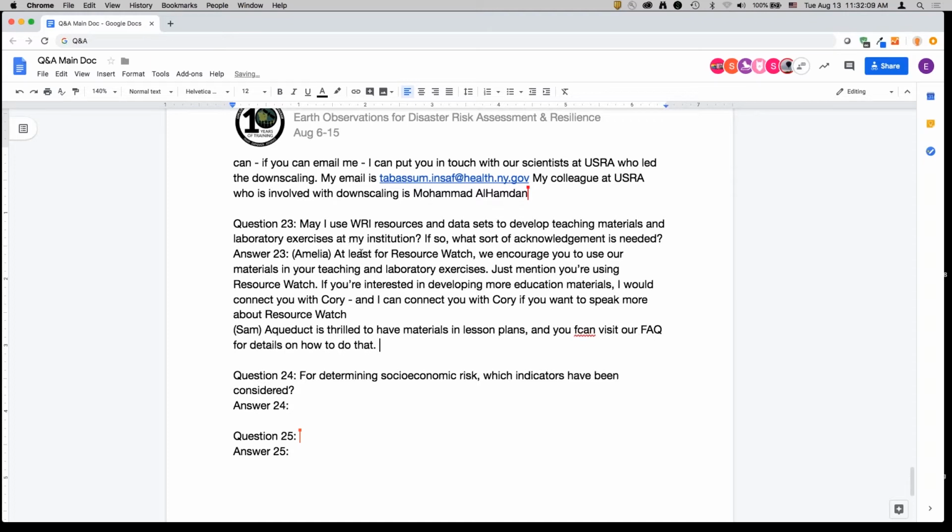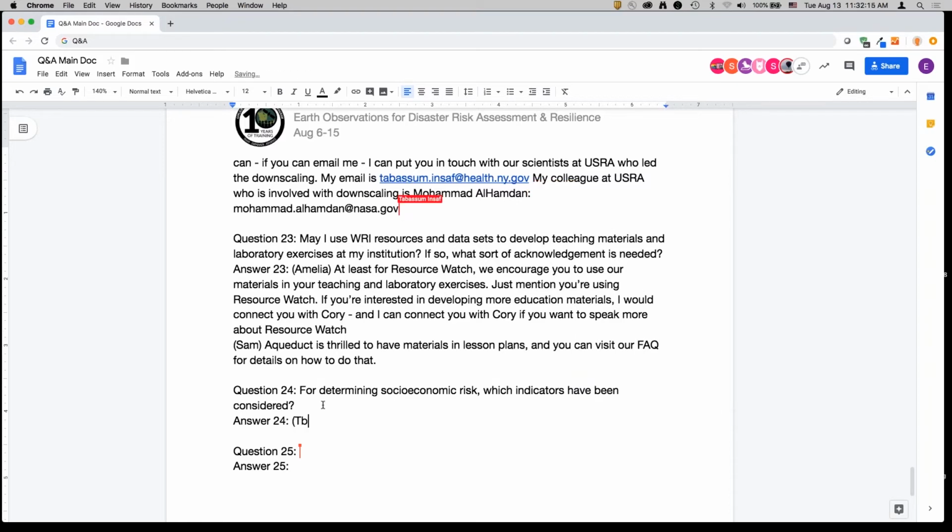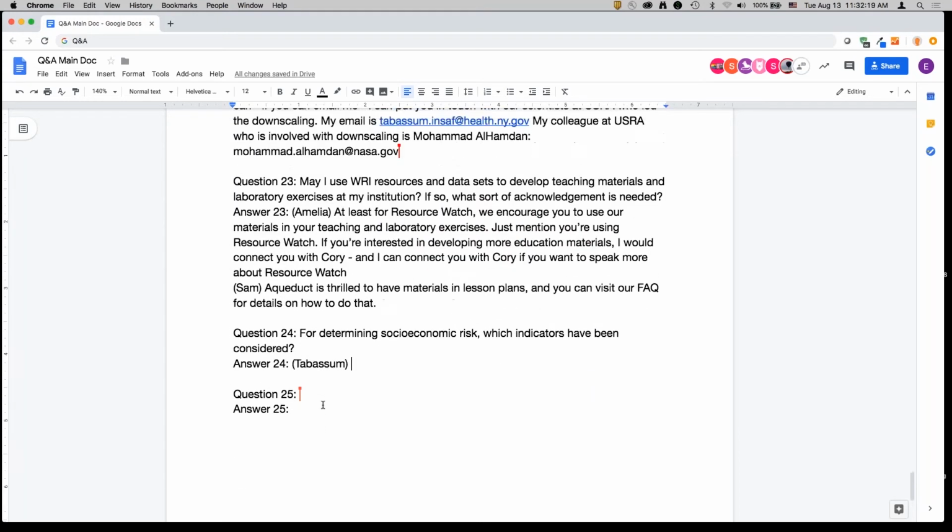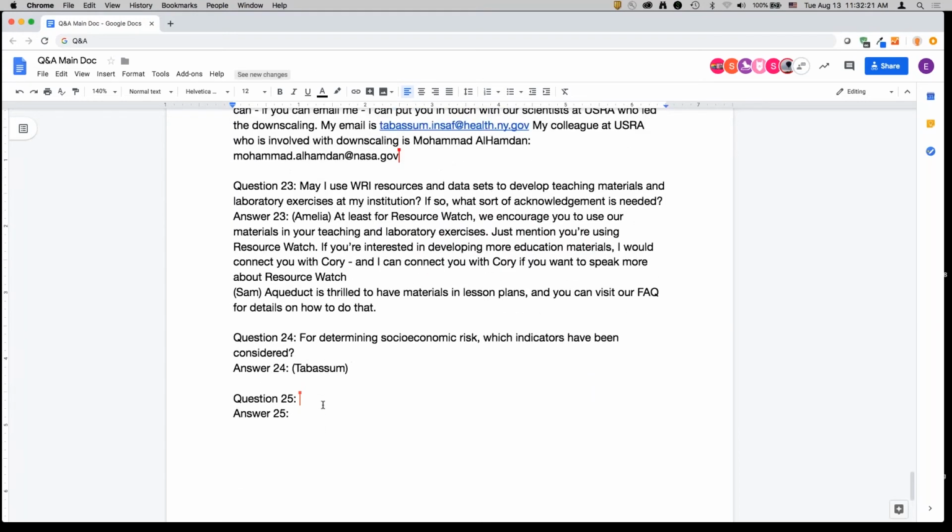Okay, question 24. For determining socioeconomic risk, which indicators have been considered? Again, the socioeconomic risk is part of our vulnerability analysis, and I have put in a link to the manuscript that lists all the variables that were used for the analysis.